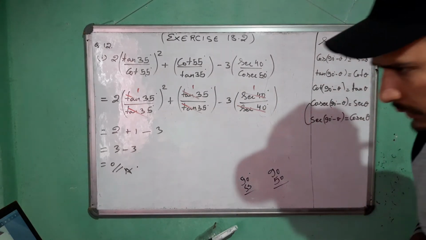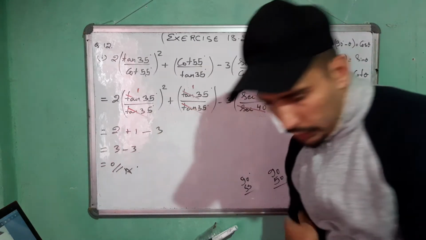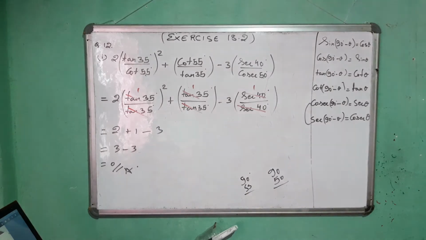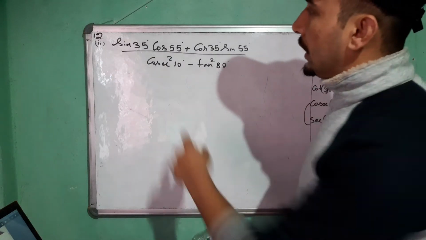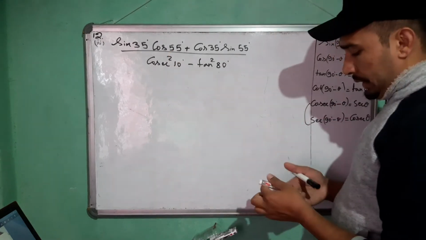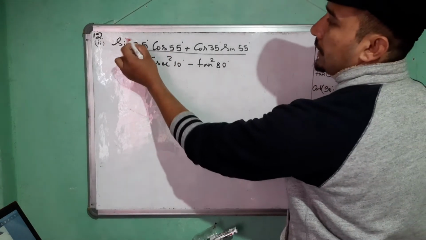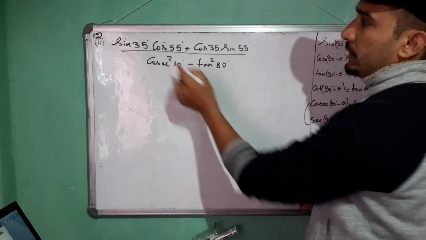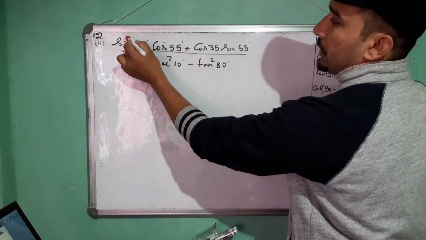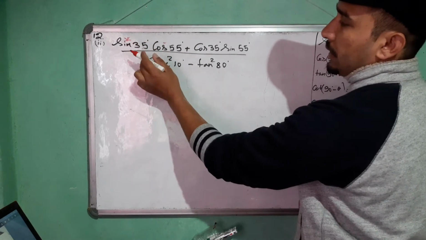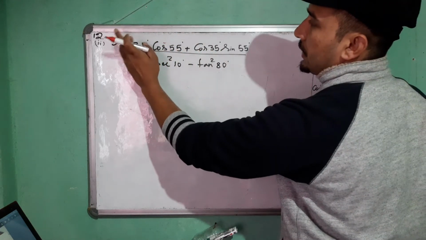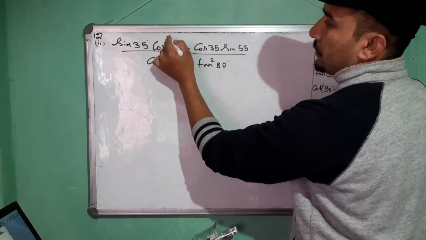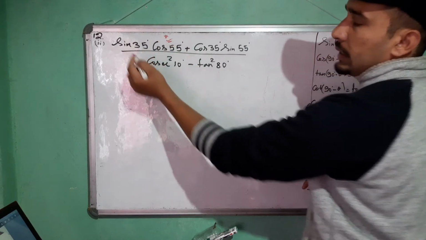Okay. Now next, question number 12, number 2. Sin 35 cos 55. Sin and cos have a complementary relation. So let's convert this one. Let's convert this since this is a smaller angle. Okay, I told you to convert the bigger angle, isn't it? So let's convert this. This let's keep as it is.